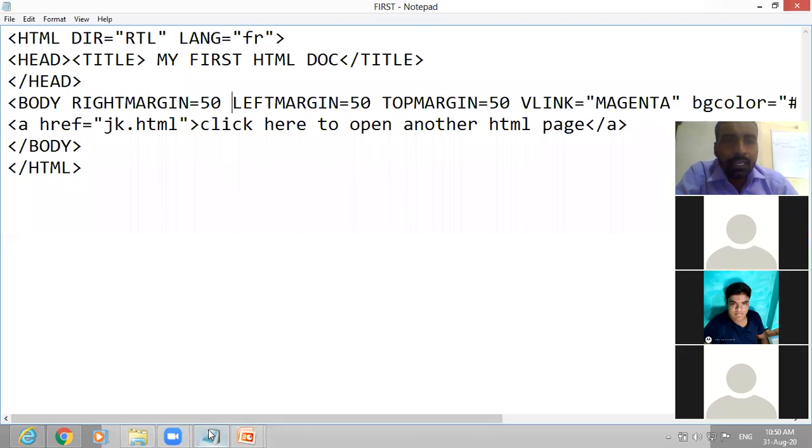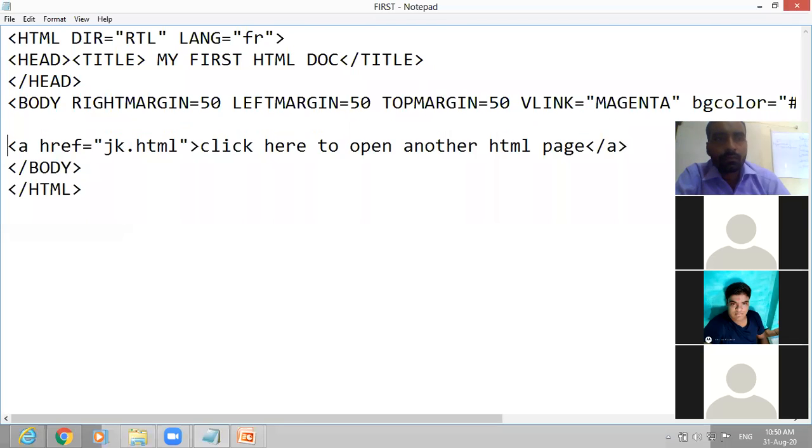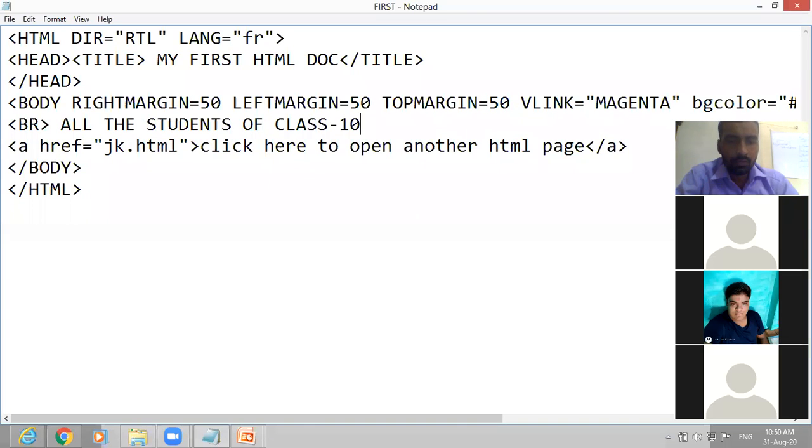in our text. Here we have the HTML code. In this code, we are going to write something. Okay, this is the text we have written.